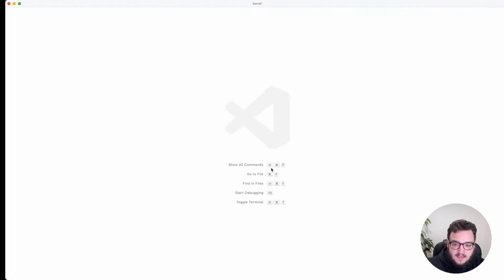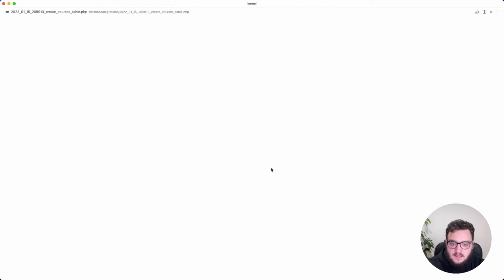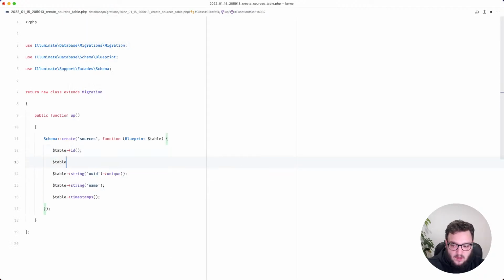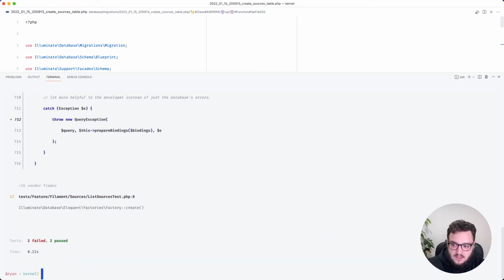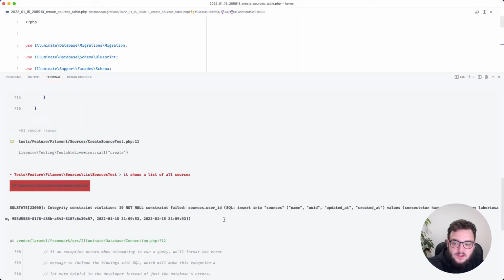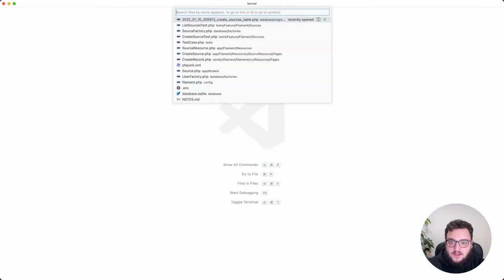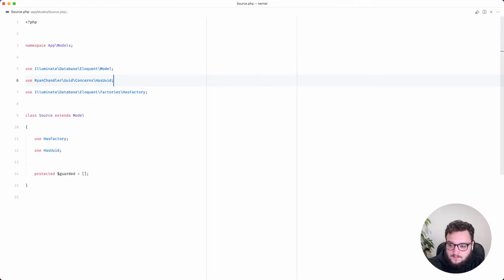Another thing that we need to add to that sources table is to ensure that it belongs to the current user. So we'll add a foreign ID for user. We'll make that constrained, and we'll cascade on delete. And we'll just refresh the database. And if we run our tests, it's going to have a go at us because user ID doesn't have a default value. But what we can actually do just inside of the source model itself,